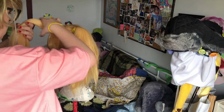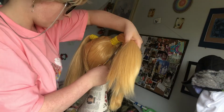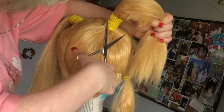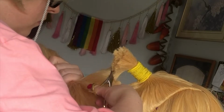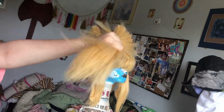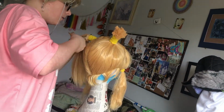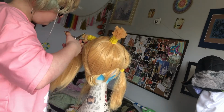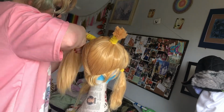To give it a bit more strength, I'm adding some more elastics before chopping off the ponytails. Unfortunately, my camera stopped filming for a second because I ran out of storage. The lost footage was just me trimming down the nubs and applying hot glue all over them to ensure that